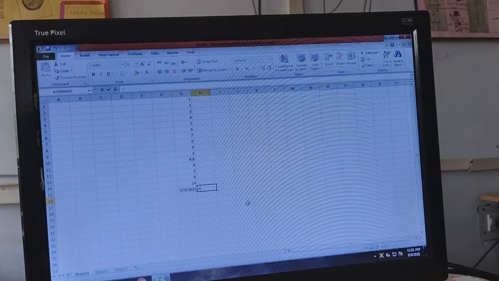Similarly, you can use the DAY function. Day, then you have to put a comma, then month, and then year.